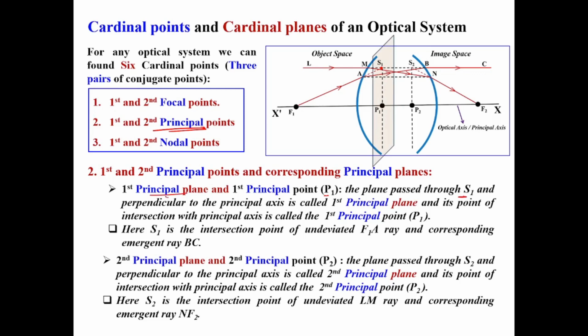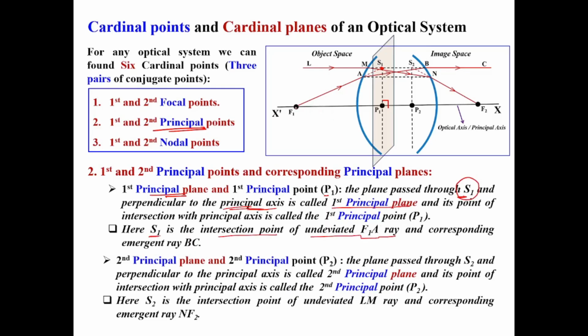Here the first principal plane means the plane passing through this point S1 and perpendicular to the principal axis. So how can we find the S1 point? Here S1 is the intersection point of the undeviated F1 ray